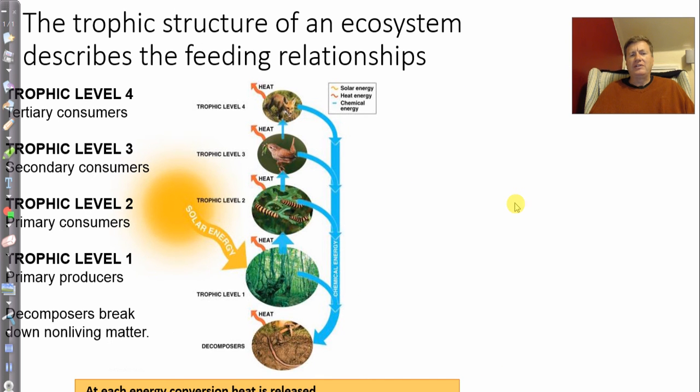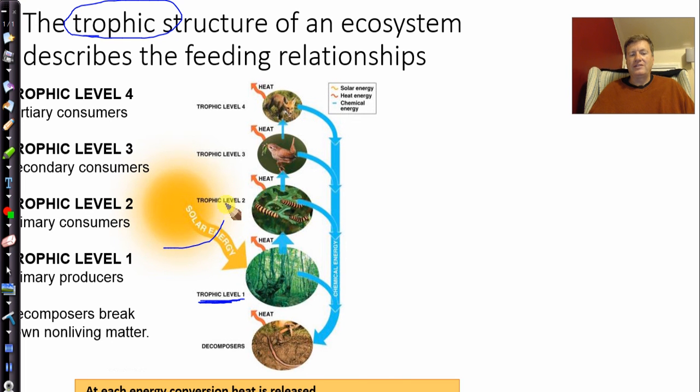So we're now getting to that idea of relationships between the different critters here. So let's start here. We see the same pictures we had before. Okay, so here is the first trophic level. Whenever you see this term trophic, that means feeding level. So the first level, troph means to eat. So the first level are the producers. And again, see how the sun, the energy is going to be captured, some of the energy will be captured by the producers. The caterpillars, in this case, the primary consumers, eat some of this, some of the plants.